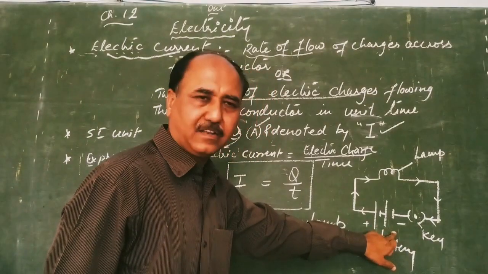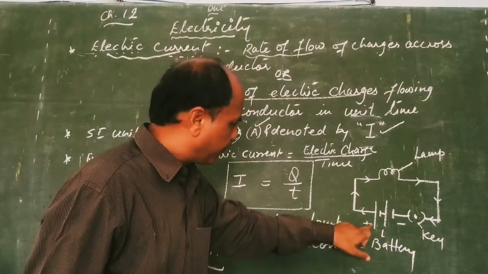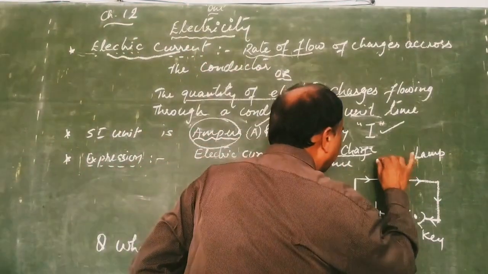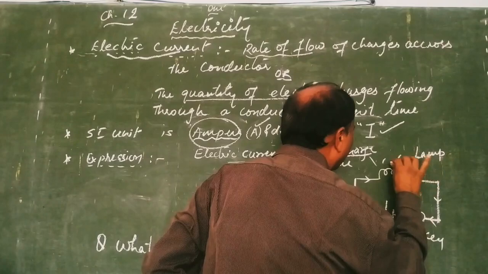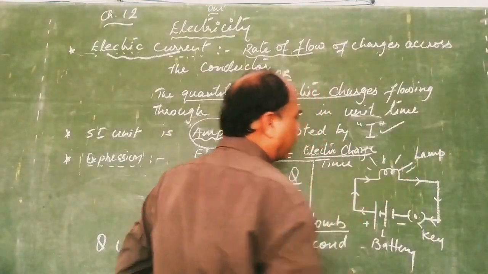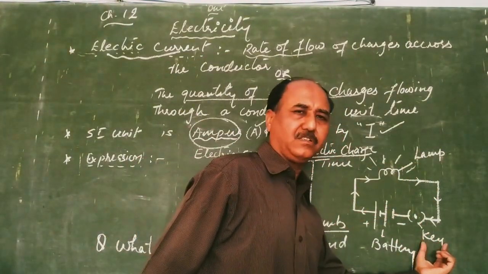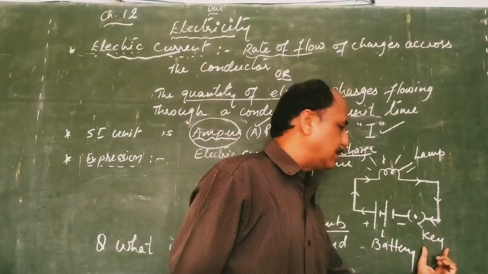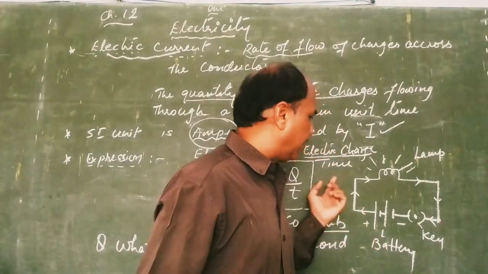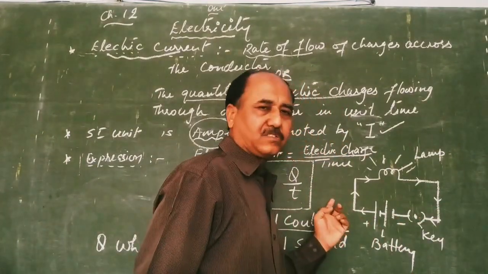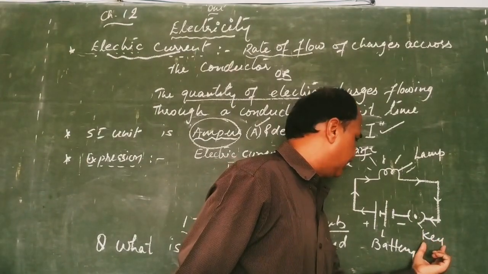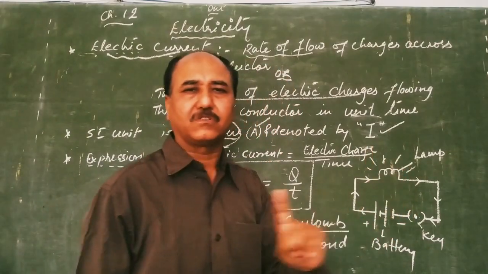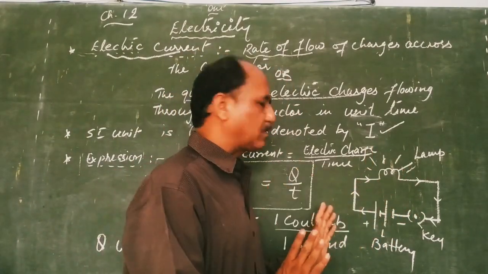The battery is there. When this electric current is flowing from the battery with the arrows here, this bulb will glow. When the bulb glows, it means the circuit is in on position, or we can say this is a closed circuit. That means the switch is in on position, and the current is moving, which is shown with the arrows. And when we switch off the circuit, we cannot show the arrows, and the bulb will also not glow. So this is about the electric current.